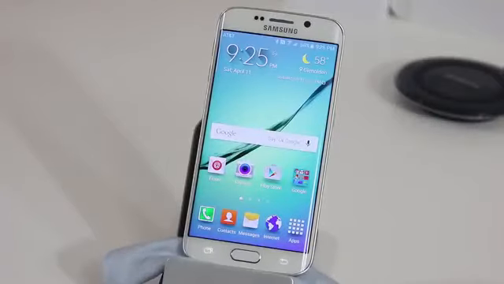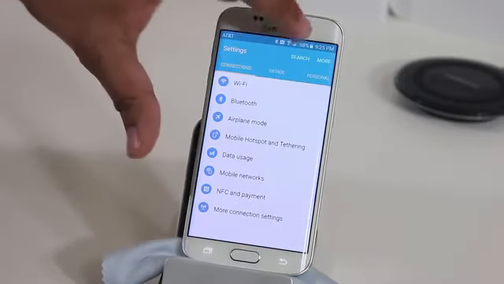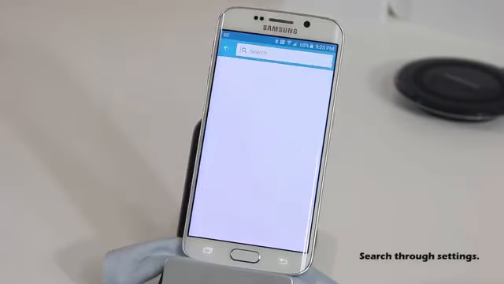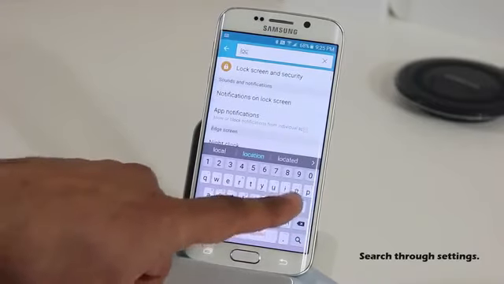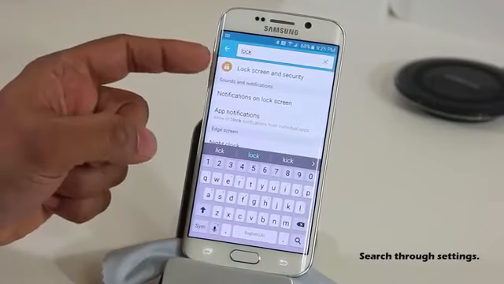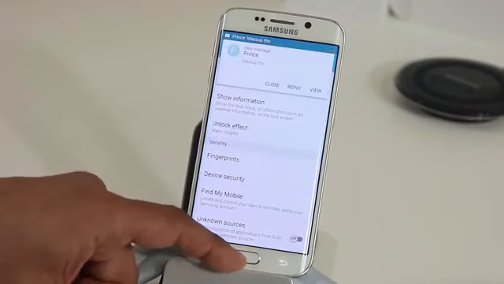Now another really cool option, if you go into settings, is that you can search through the settings. So if I'm looking for lock screen options, I can type in lock screen, and that's going to take me to lock screen and security, and I can tap right on top of it. And what else you can do is